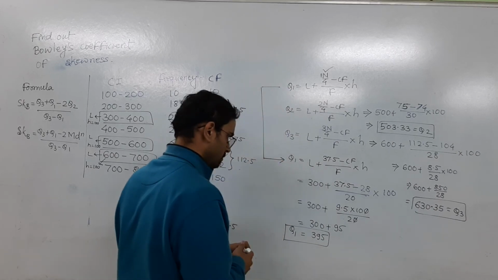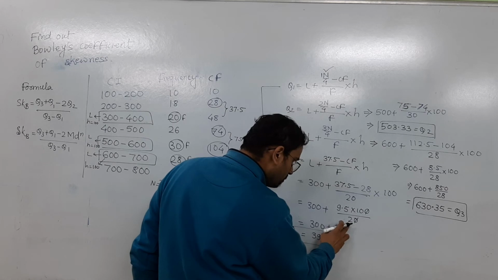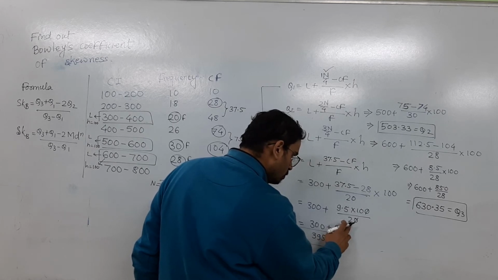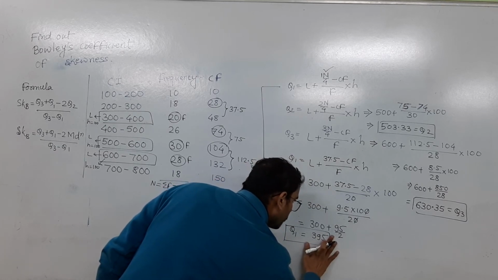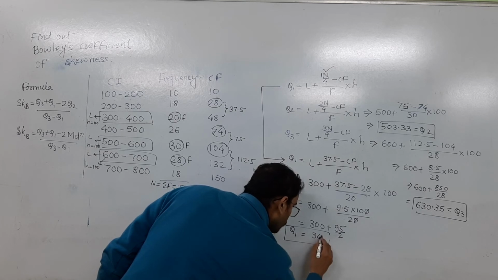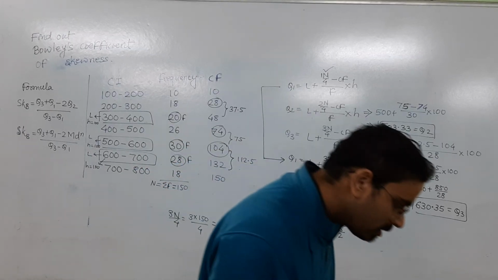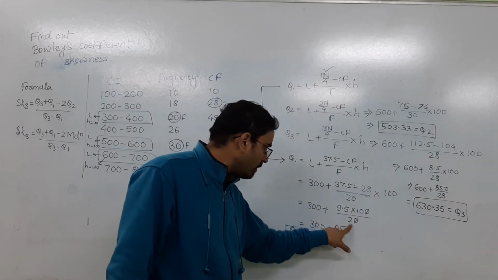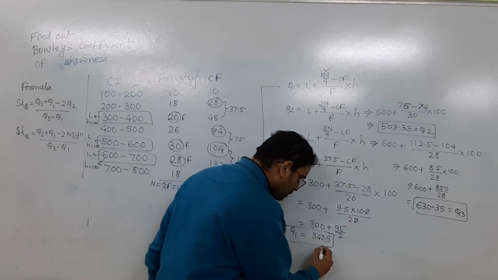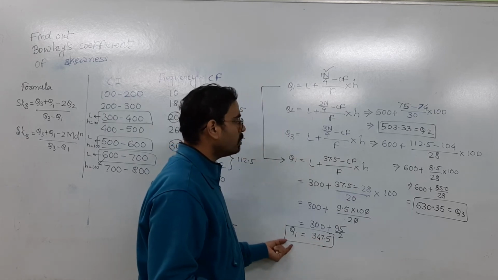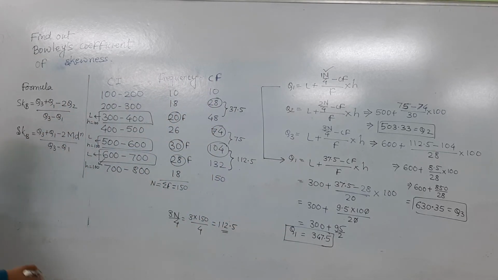Actually, we have made a mistake here. Just look here. What have we done? We have cancelled the 0, but there is a 2. So 95 divided by 2 will be there, and 347.5 will be the Q1. Yes, we had just skipped that value while finding Q1. So Q1 is 347.5. So we got Q1, Q2 and Q3. Just put all these three values in the formula and get the answer.